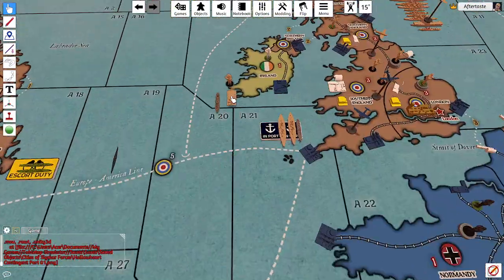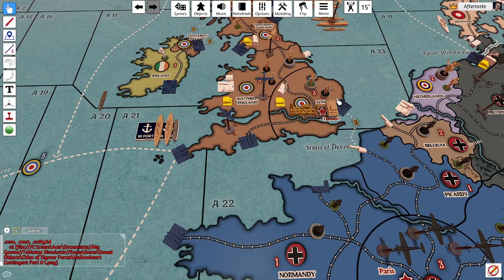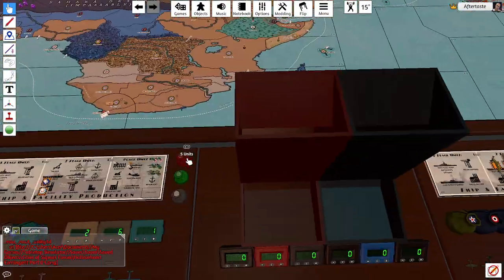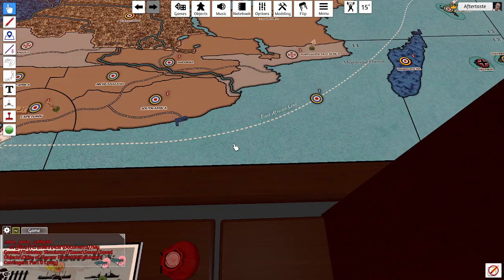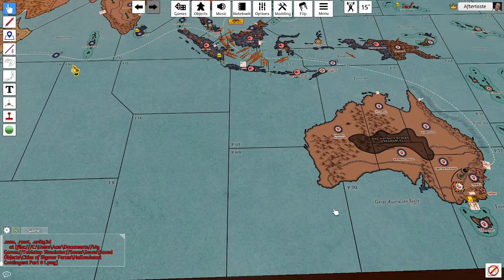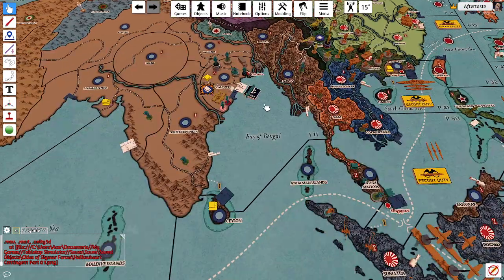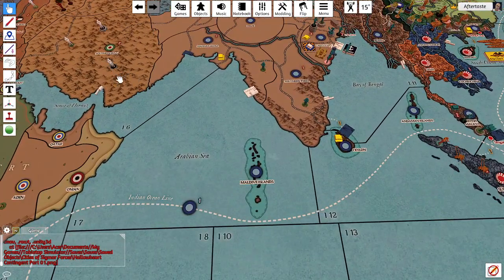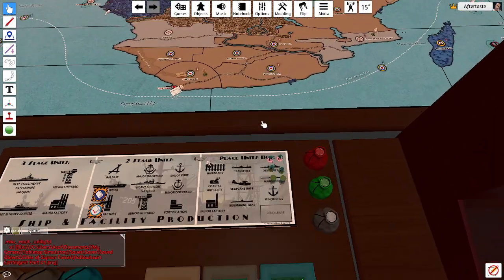So we've got a medium armour and an infantry in London. We have an attack transport. It's going to go on port in A21. Let's see. We'll send the Lend-Lease. Going to go the usual route, so it still can't be intercepted by Japanese or anyone else who might wish to interdict. And then that brings us to